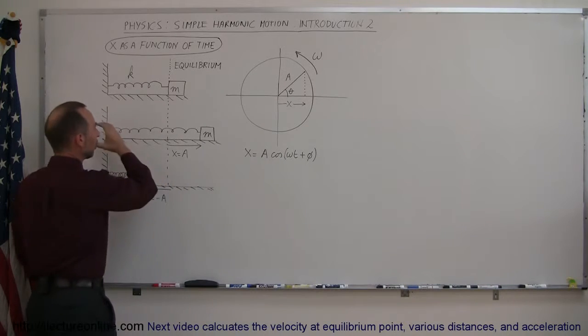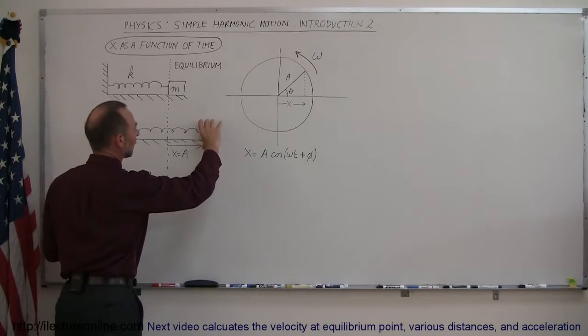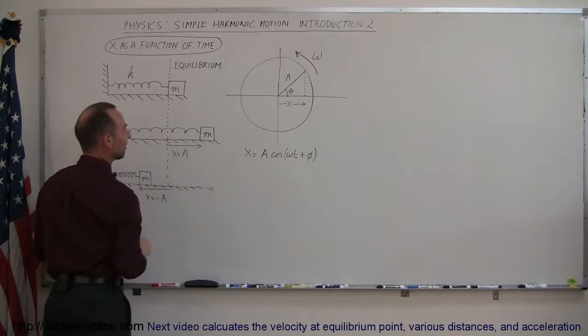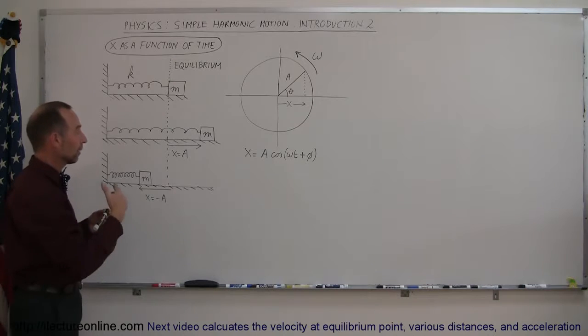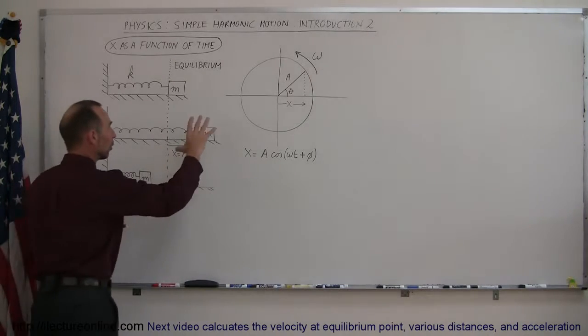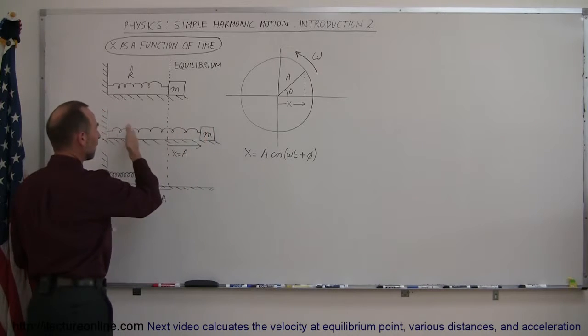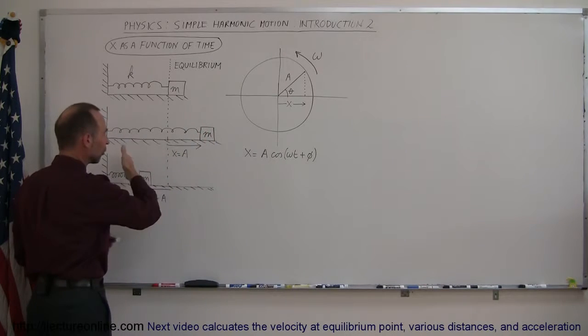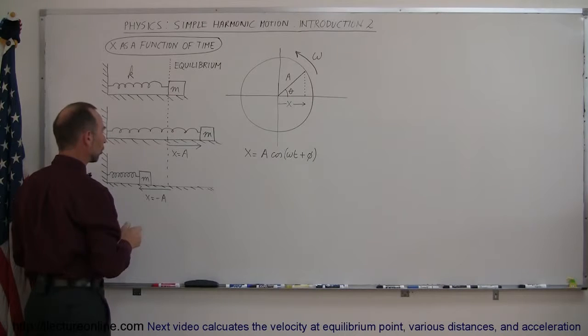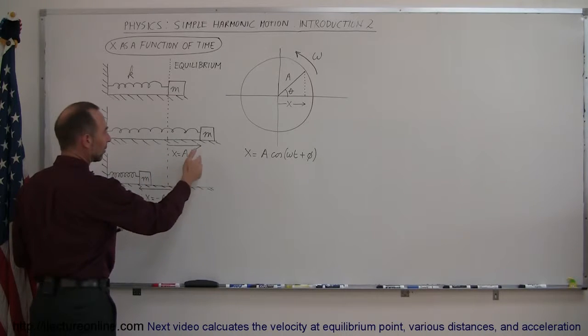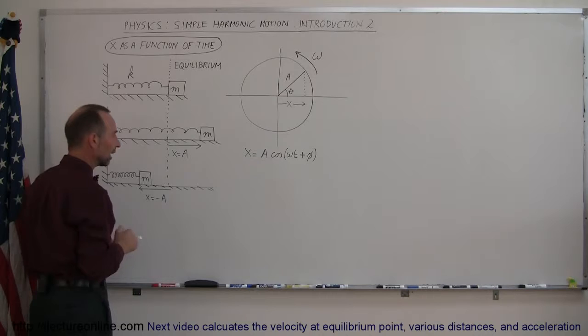If we now pull on the spring and push the mass out at distance a, which then becomes the maximum displacement, which is the amplitude of the oscillatory motion, and we let go of the mass, then the mass will start oscillating back and forth with the spring. And so it goes from a maximum distance x equals a to maximum displacement x equals minus a, back and forth